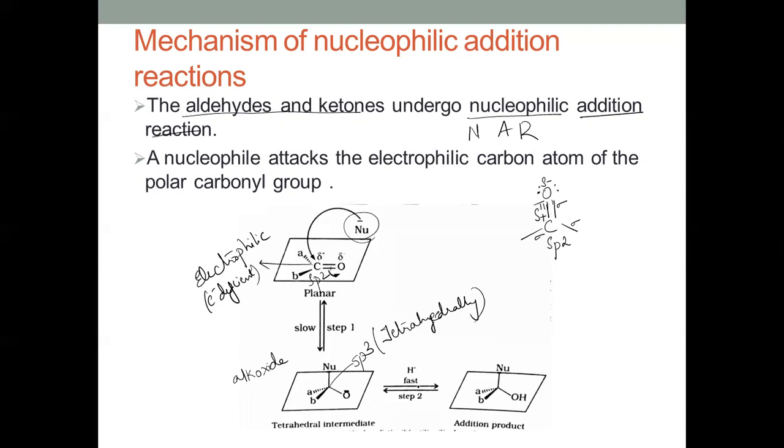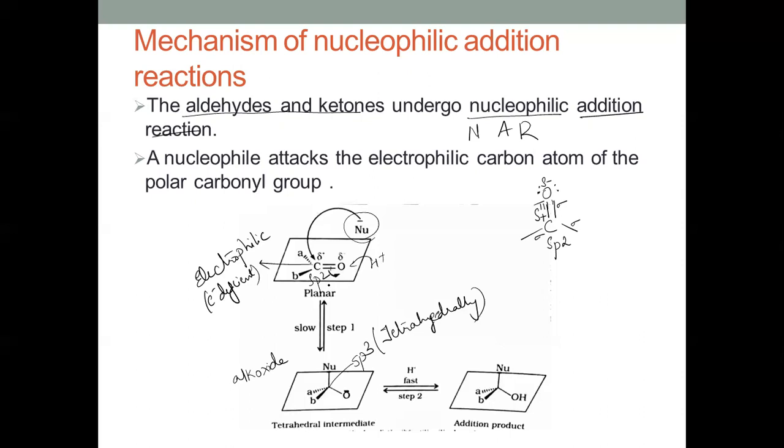capture a proton from the reaction mixture or the reaction medium. The H plus adds on to this O minus, that is the negatively charged species, resulting in the formation of this addition product. So what is the net result of this? The net reaction is where Nu minus gets added to this carbon atom and H plus gets added to the